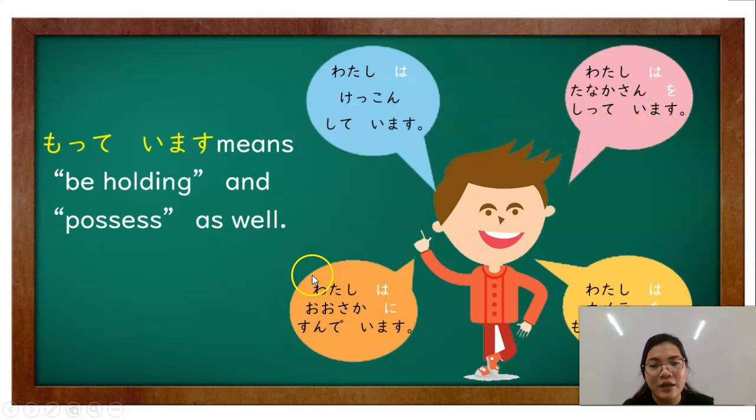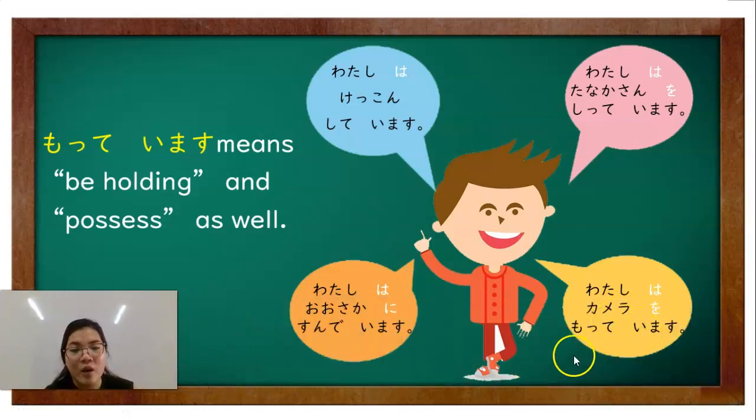Okay? Another, watashi wa Osaka ni sunde imasu. I've been living in Osaka. So it's present continuous tense, which means nakatira ka pa din sa Osaka hanggang ngayon. Okay? Although the action happened in the past few years, it's still until now. Okay? And last,